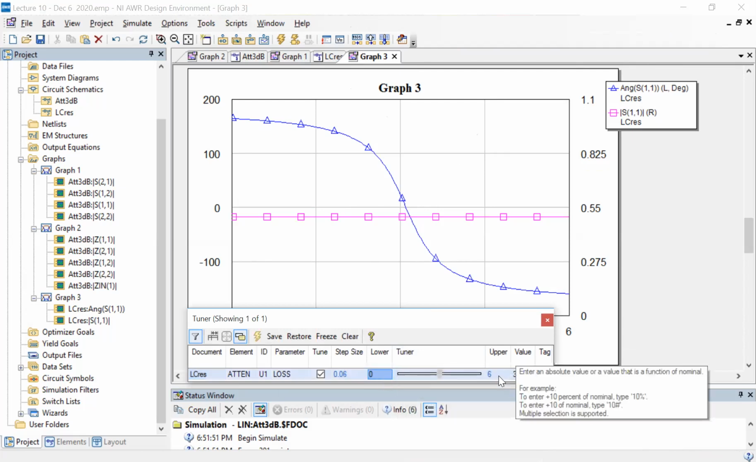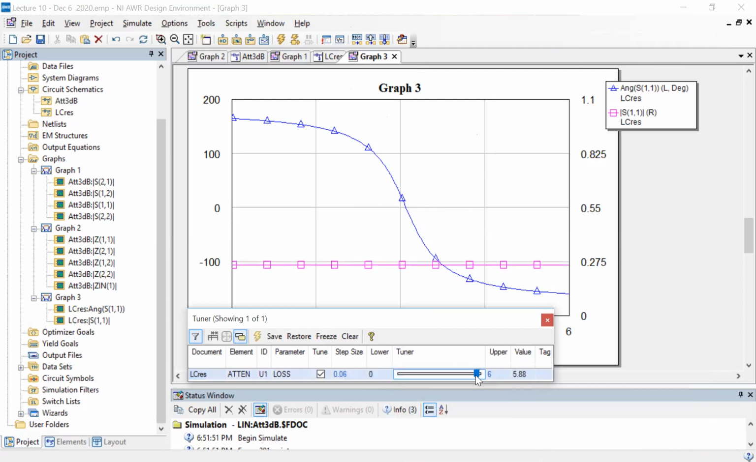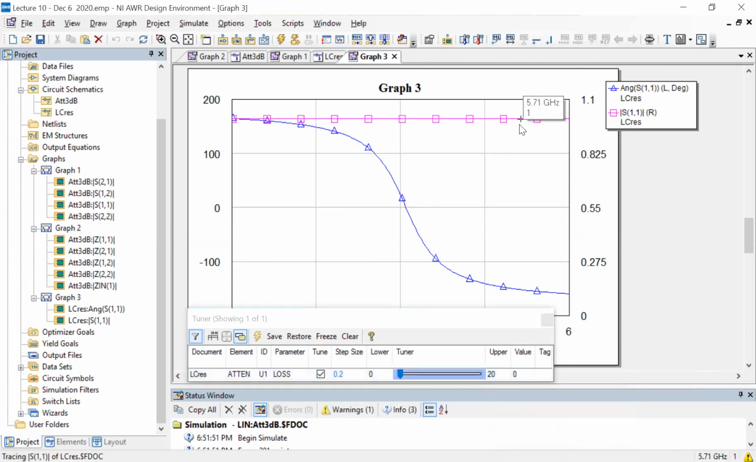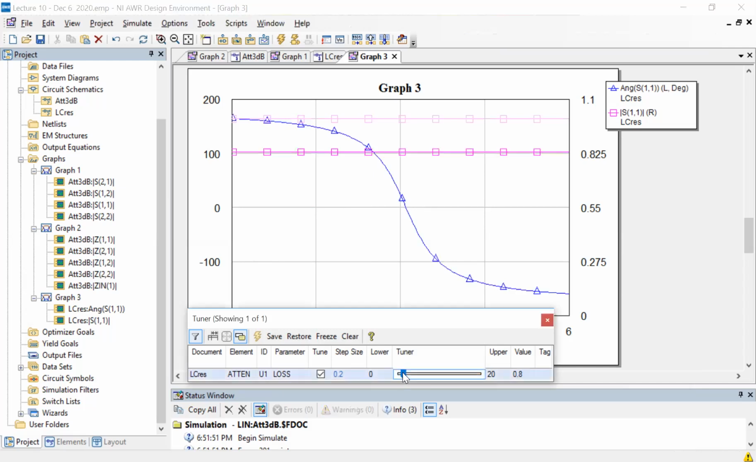Minimum 0, maximum. So when the attenuator is 0, the magnitude response is as before. It's as if it's not there. The phase looks fine. Let me freeze this for reference. Now, as I increase the attenuation,